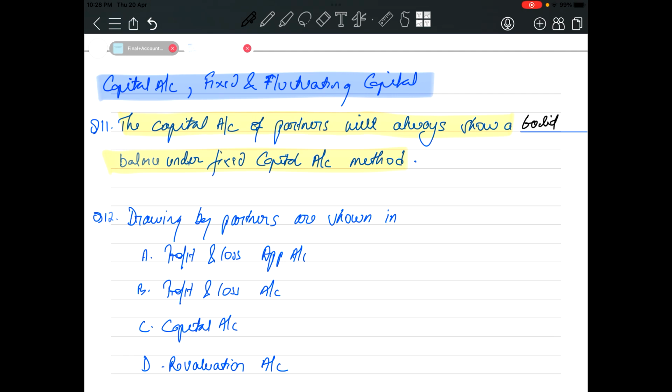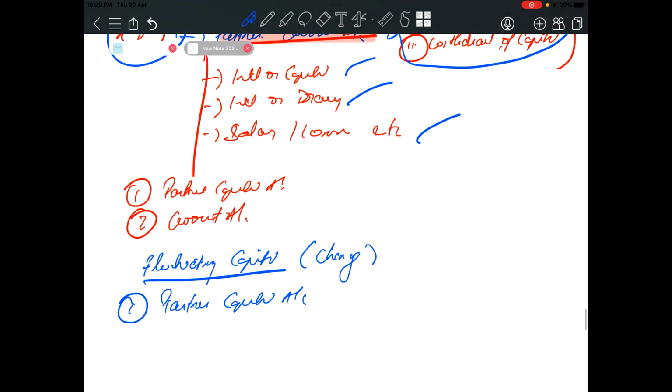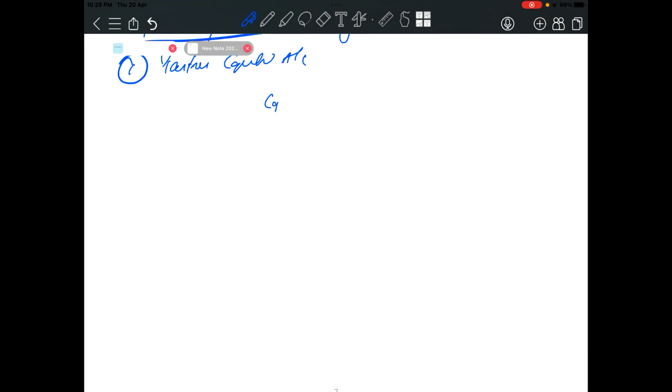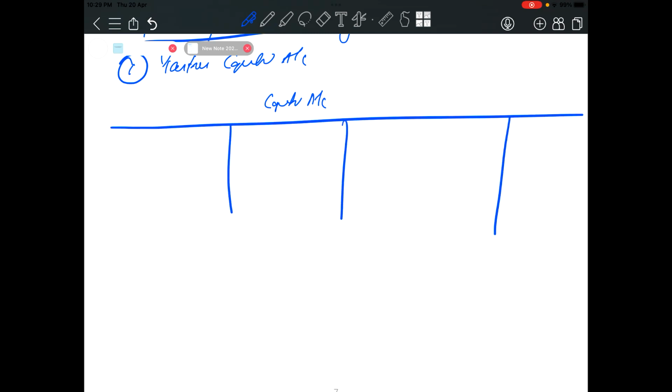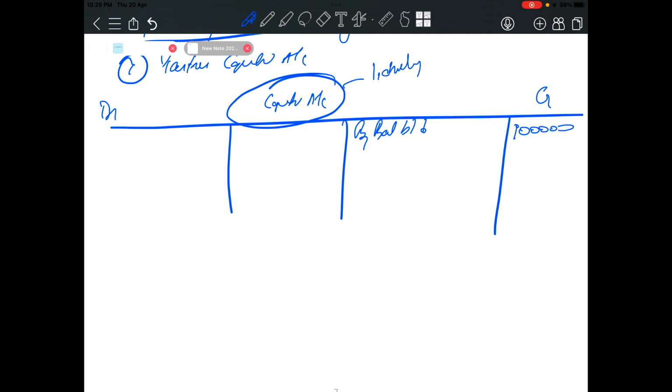Okay, you will get options, but the right answer is credit balance. Why credit balance? See, when we prepare the capital account, by balance b/d, this is the amount. Say for example the capital introduced was 1 lakh rupees. This is the debit side, this is the credit side. So capital is a kind of liability for the firm. Why liability? Because